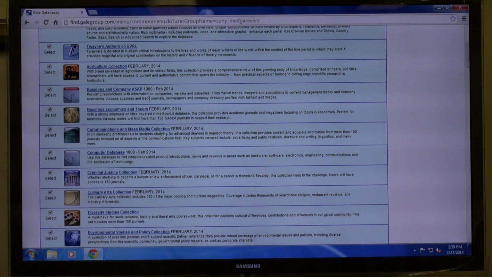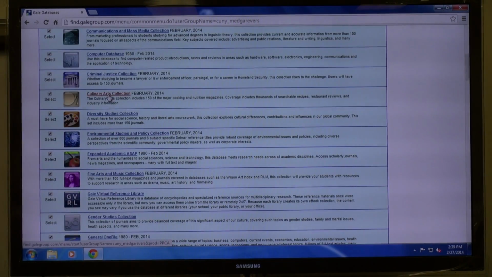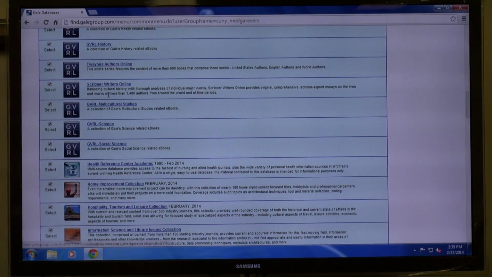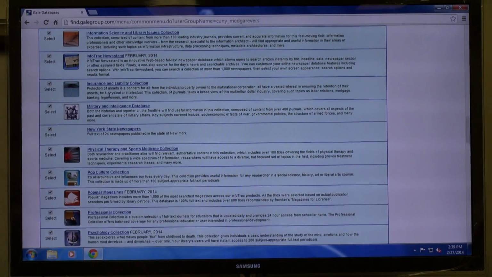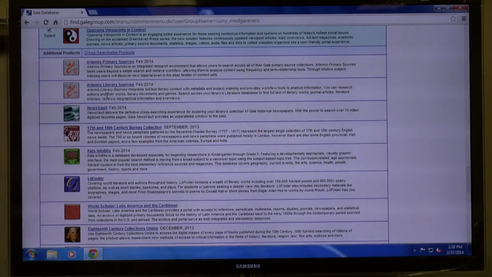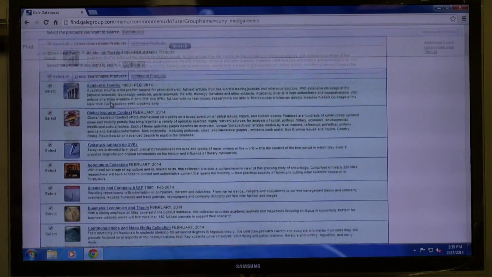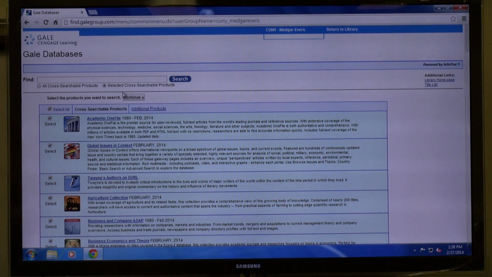included. Business and Company ASAP, like that used to be InfoTrac, and InfoTrac is now one of the Gale brands. It used to be used in 1990s a lot. There are some other good databases here from all kinds of subjects. As you can see, okay, let's do a search. Let's see, selected cross